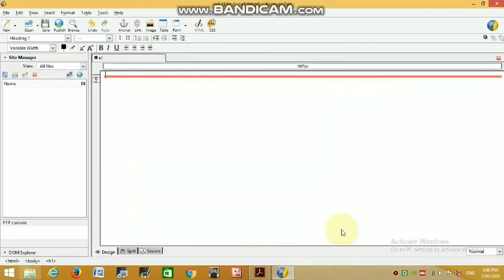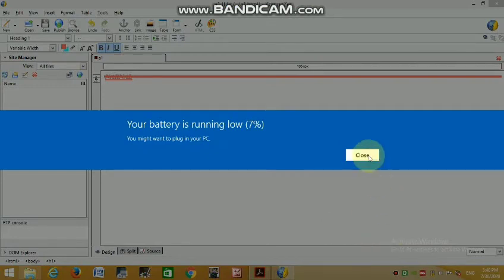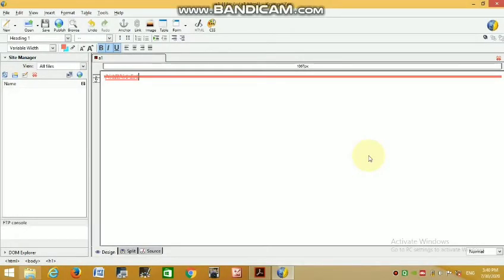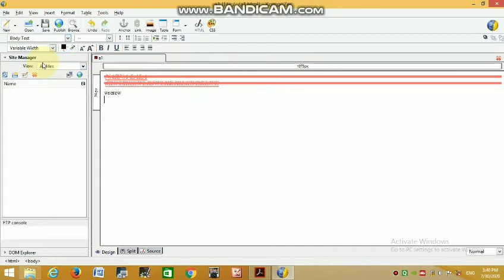Now when you write, you can see here your setting. As per your setting you can see the output. Here we select the heading tag and when we write we can see the setting. This is our CSS style sheet and this CSS button you can see on the composition toolbar.